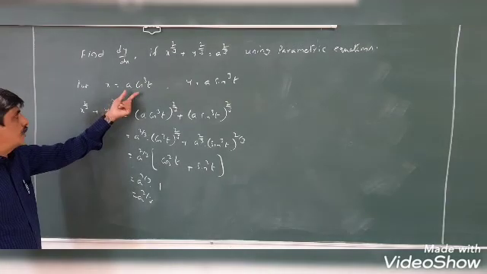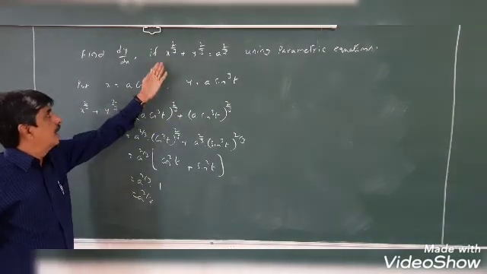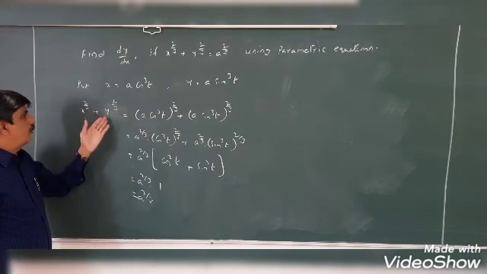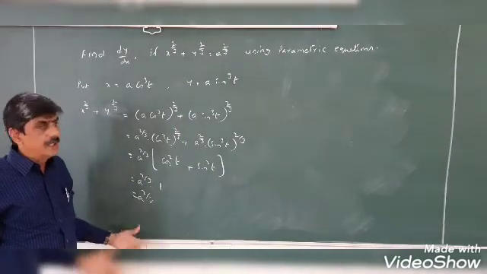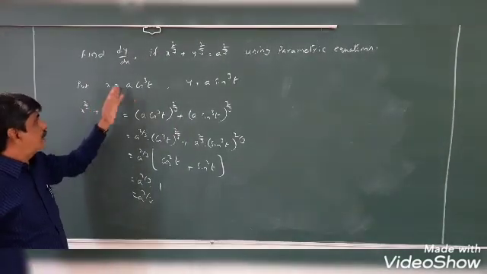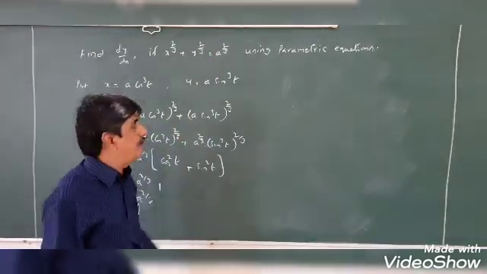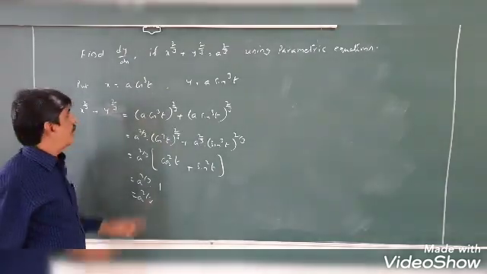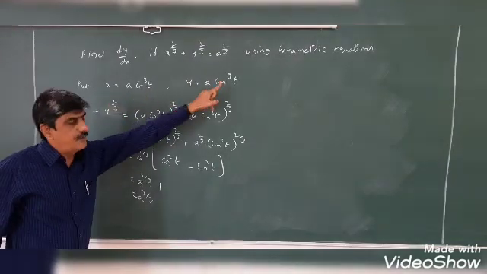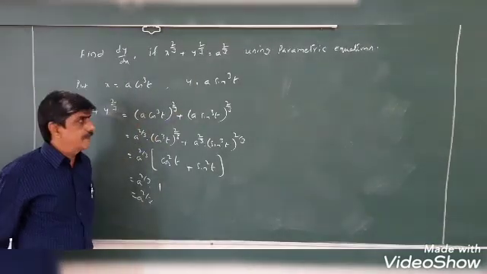By taking the substitution x is equal to a cos cube t, y is equal to a sin cube t, we reach x to the power of 2 by 3 plus y to the power of 2 by 3 is equal to a to the power of 2 by 3. So therefore x is equal to a cos cube t and y is equal to a sin cube t are the parametric equations of the given equation. So x is a function of t, y is a function of t. Then find dx by dt and dy by dt.